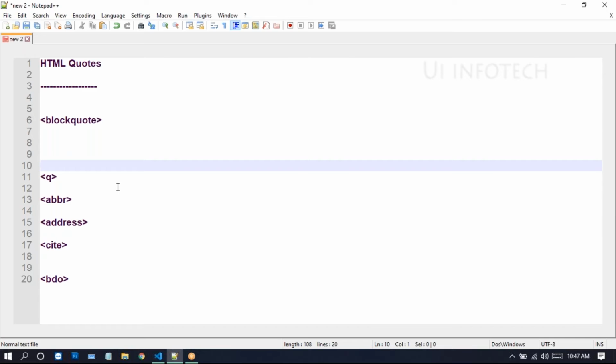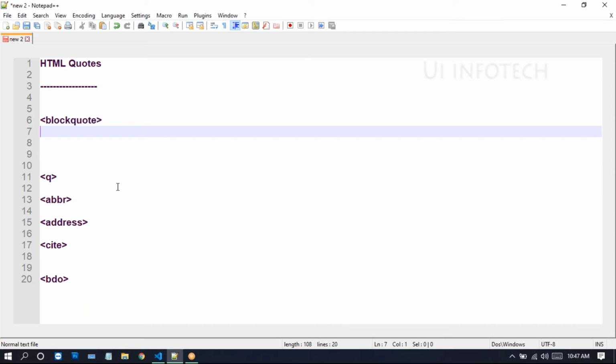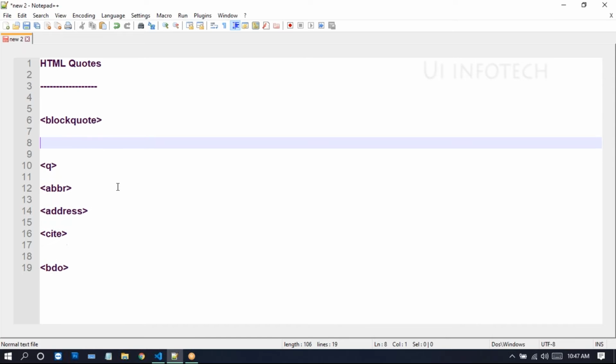The cite tag is used to describe the reference, where you can copy the code from. So that is the use of this blockquote.